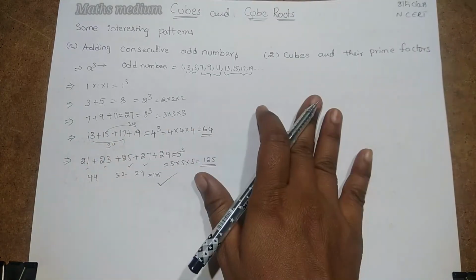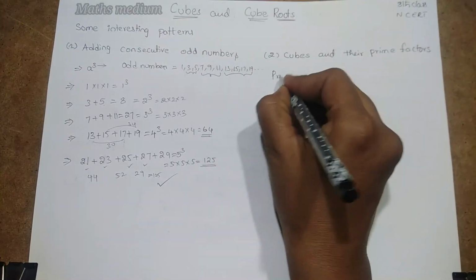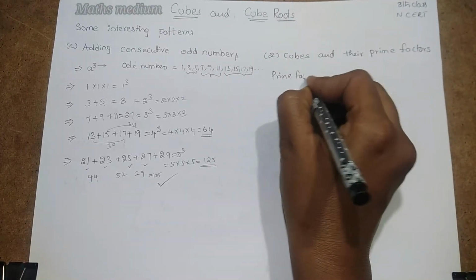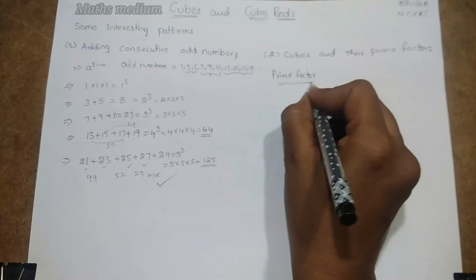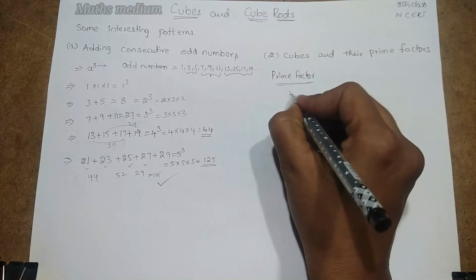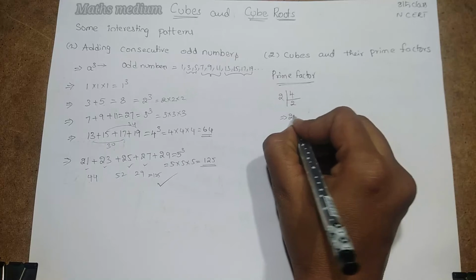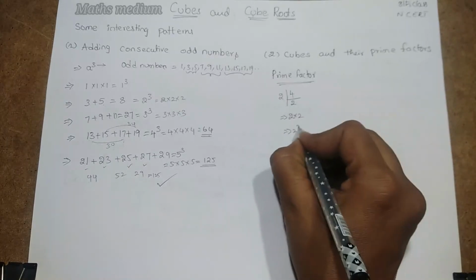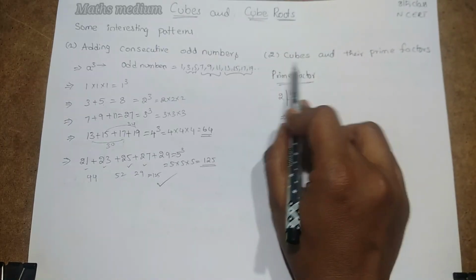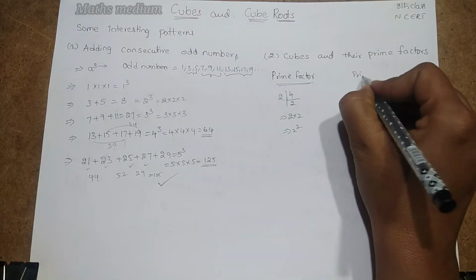Next, coming to cubes and their prime factors. So we know about prime factors. A number is factorized by prime numbers only. For example, if you take 4, it is 2 into 2, which comes as 2 square. But in this case, we are discussing cubes. So how are we going to take prime factors